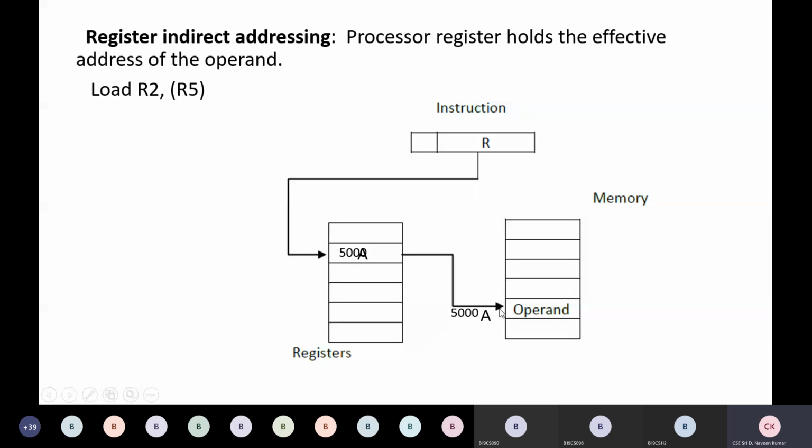Okay, I have 5000 in the main memory. What is the value here? That will be taken here and loaded into R2. Maybe 10 or 20, some value will be loaded here. So indirect addressing, not direct. This R5 is pointing to R5, but we don't have the exact value here. It contains the address of some location which contains the actual value we are looking for. Okay, hope indirect is clear with you.